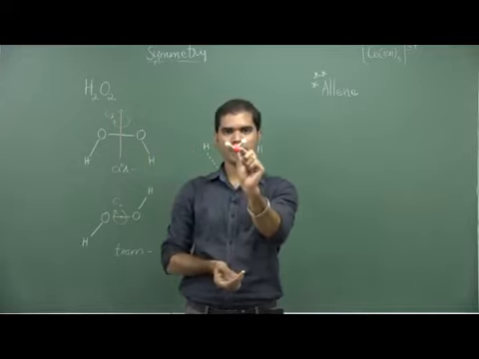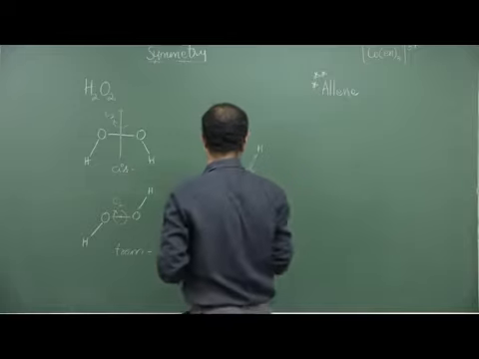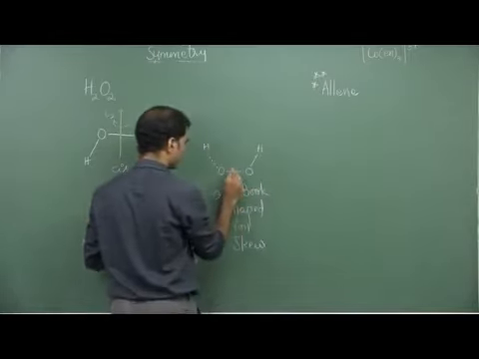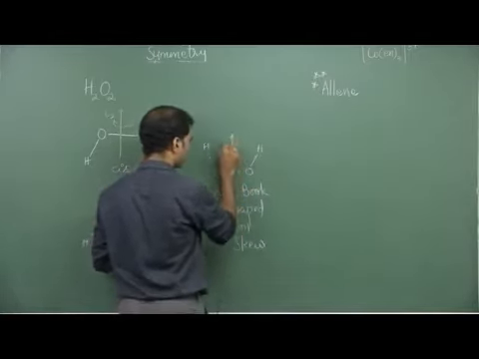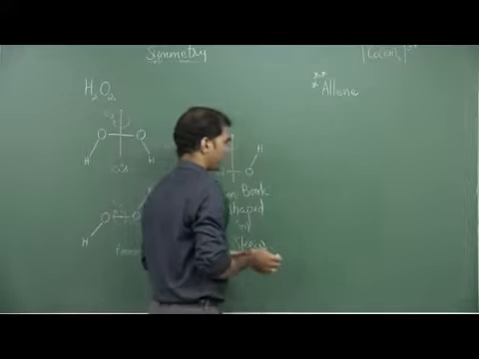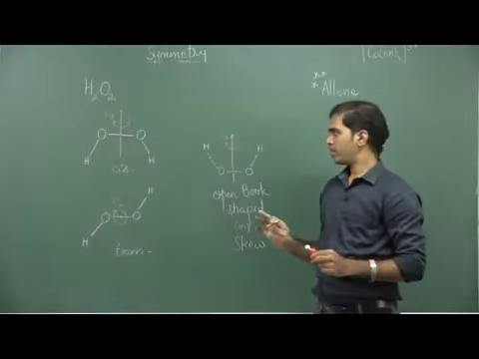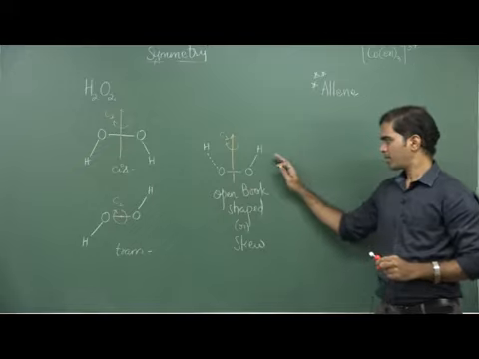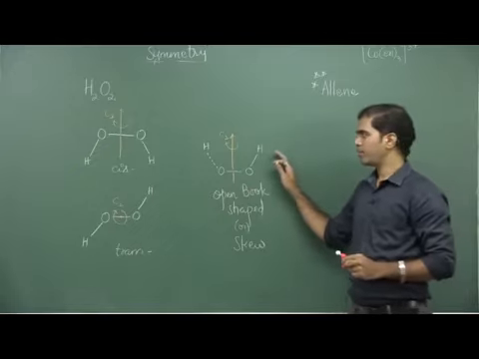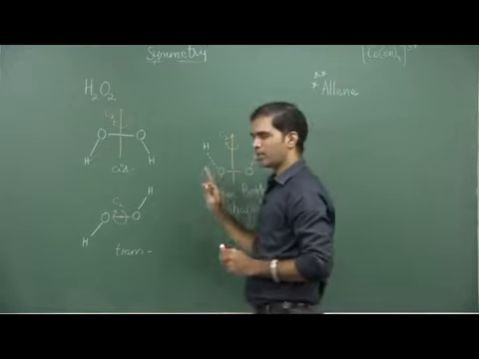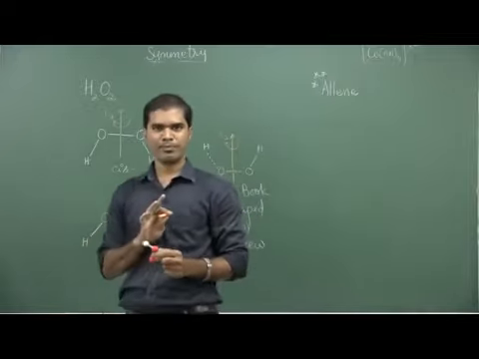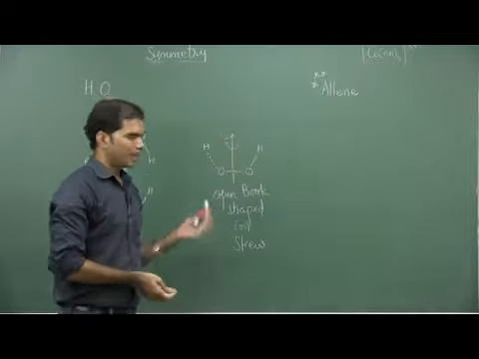So there is a C2 rotational axis, but there is only one C2 rotational axis. No other C2s are present. Whether you take cis, whether you take trans, or whether you take a skew or an open book shaped one, we find only one C2 to be present. There is no other C2 which is present in it. Getting back to allene,